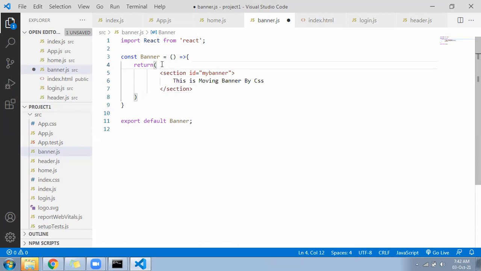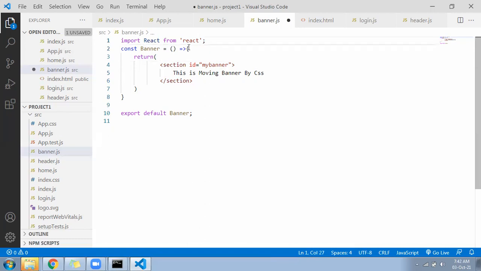Just one small text. The CSS for this we can write in the index.css file.